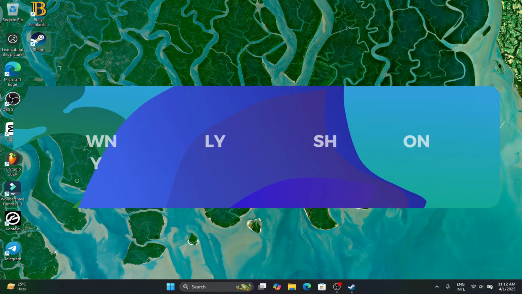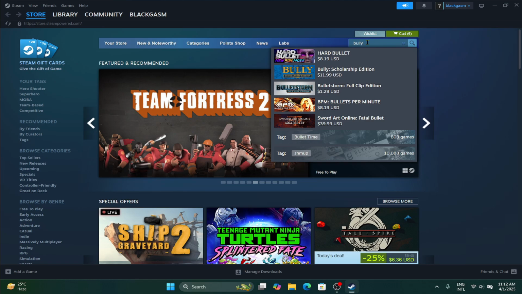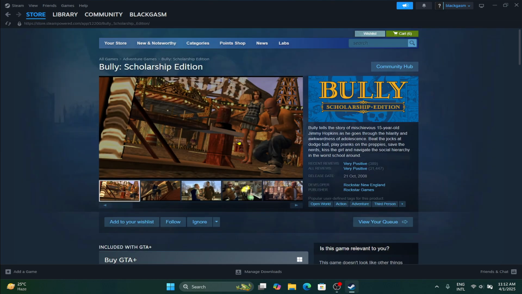First of all, open up the Steam application and make sure that you are logged into your account using your username and password. After logging in, you will be taken into the store page. From here, just click on the search box and then type in Bully and start your search. Once you find the Bully Scholarship Edition game, go ahead and click on it, and this will now take you